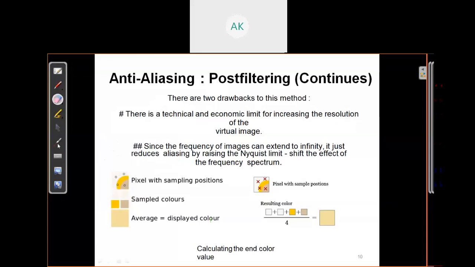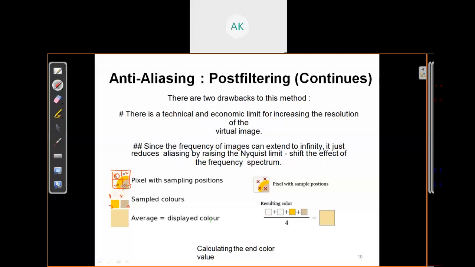And we took the sample at 4 different places. At these 4 places we took the sample and checked the color at that sample. Here at sample 1 the color is white, at sample 2 again the color is white, at sample 3 the color is blue, and at sample 4 there is some kind of dark color, I don't know what the color is, but it's some color.